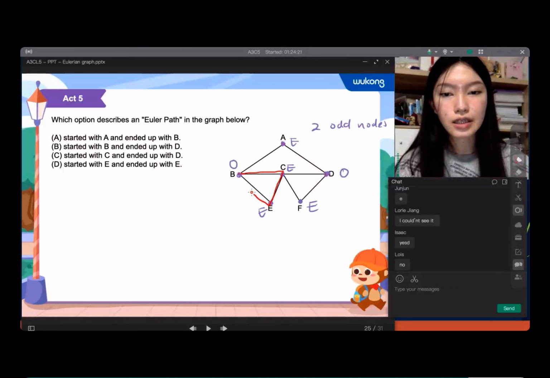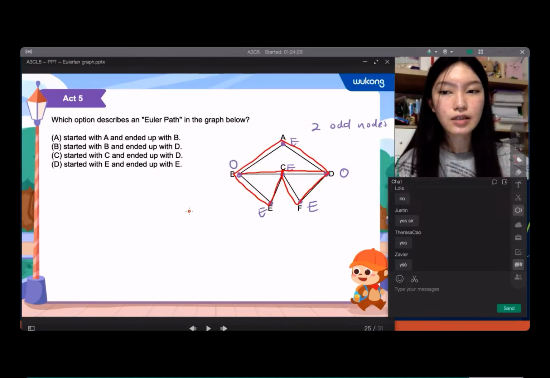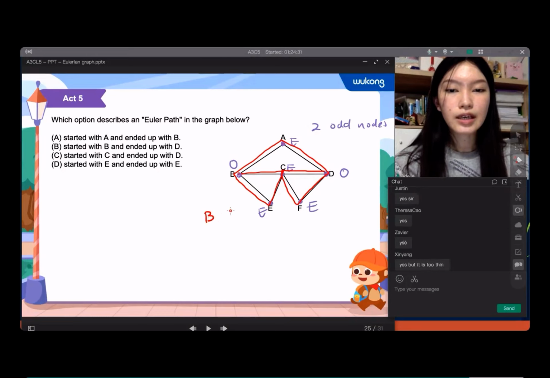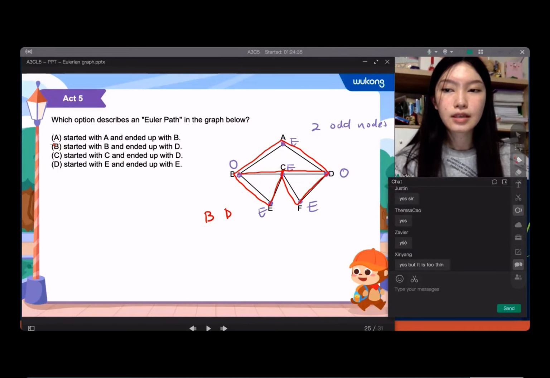B to C, C to E, E to B, B to A, A to D, D to F, F to C, and then C back to D. Okay, so we could start with B and end with D. That would make the answer of this one B. Or